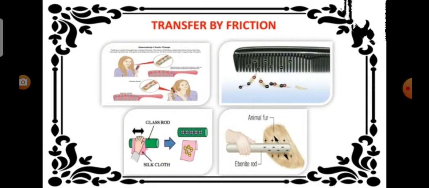Similar effect can be seen when we rub few materials with one another. When a glass rod is rubbed with a silk cloth, the free electrons in the glass rod are transferred to the silk cloth. It is because the free electrons in the glass rod are less tightly bound as compared to that of the silk cloth. Since the glass rod loses electrons, there is a deficiency of electrons and hence it becomes positively charged. But the silk cloth has excess of electrons, so it becomes negatively charged.